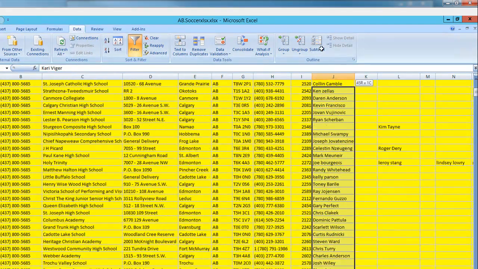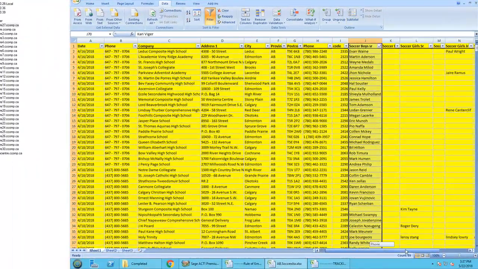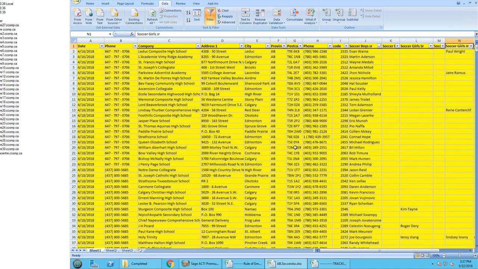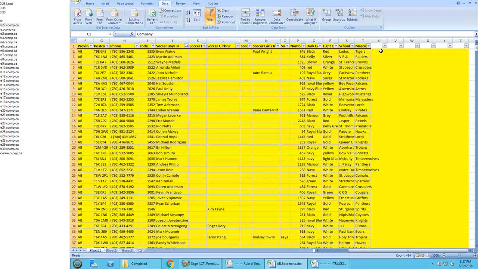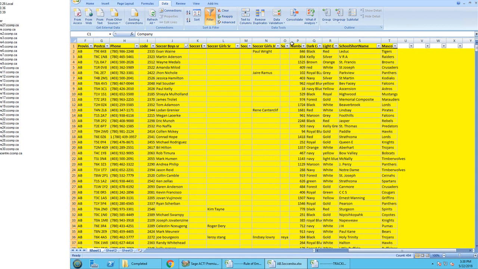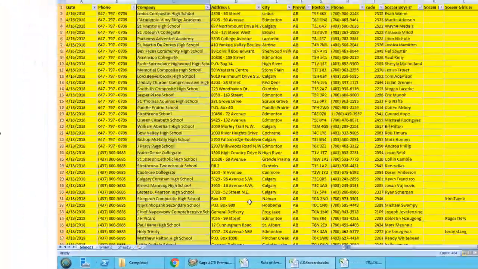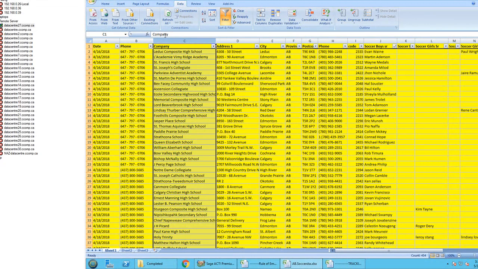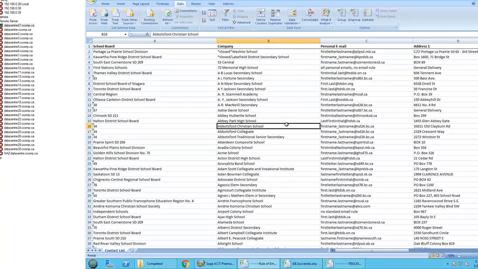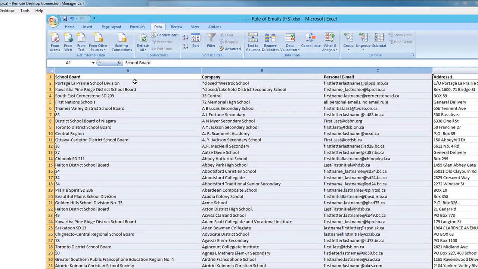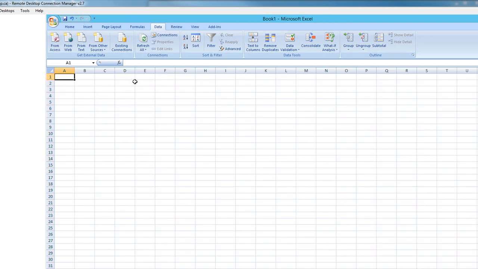So here is all the information that we have for these coaches: soccer, soccer girls, junior, senior, and something like that. Sometimes in our file we have only the school's name, nothing else, like school board or something like that. Like here, we don't have any school board, so we cannot follow the rule according to the school board. We should find the company name, which is our school's name, in our list. So the first thing that you should do is copy these 3 columns into a new Excel file